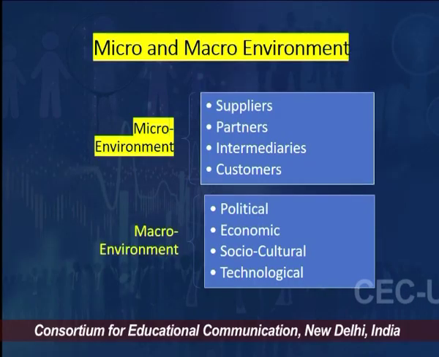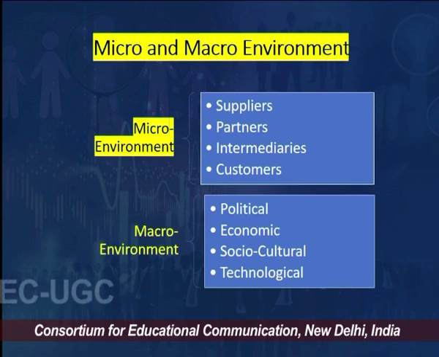These are the elements, students, that we have covered under the micro environment. That is the 4 elements. To give you a quick recall, the 4 elements being your suppliers, your partners, your intermediaries and your customers. This is where we put an end to this particular session, and in the next session I will be taking you through the various macro environmental factors which play a bearing on how a firm in the digital platform is going to function.